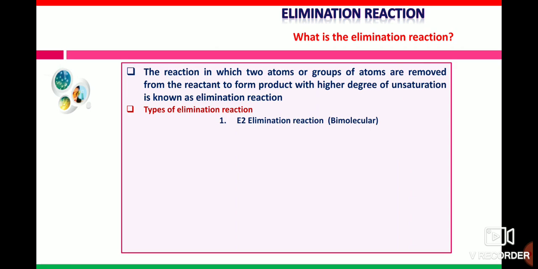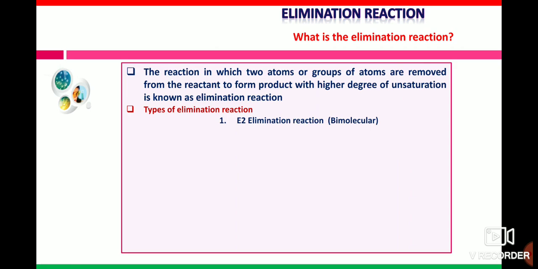Both eliminating atoms are present on adjacent carbons, or their relative position is 1-2. In 1-2 elimination reaction, if one of the eliminating atoms from beta carbon is hydrogen, then this elimination is known